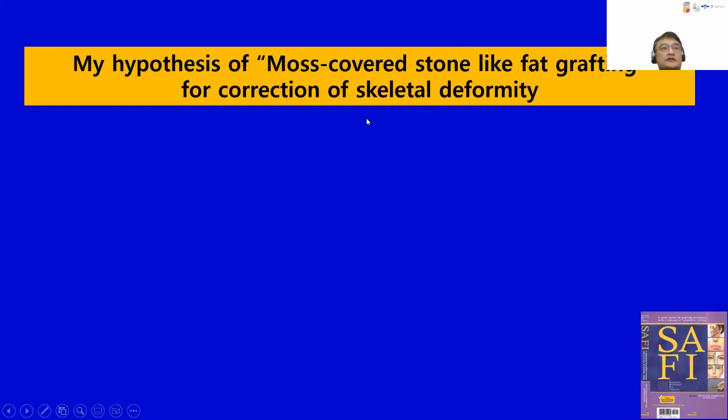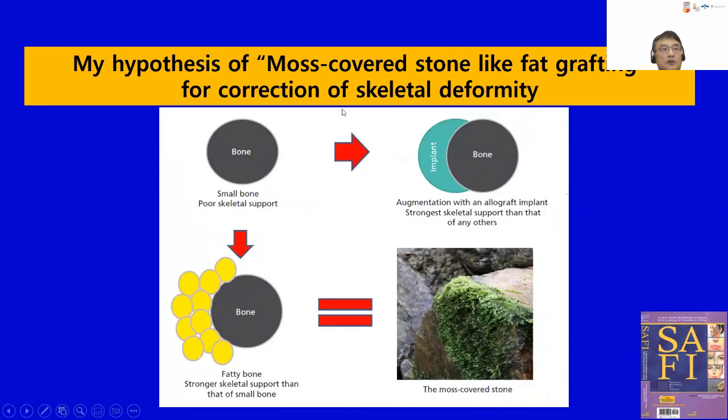Bone contouring surgery or implantation is the best way to modify the bone shape of the facial contour. However, even though the grafted fat is not as strong as the bone or implant, it is expected to improve the bearing capacity of the soft tissue if the fat grafting is made on the periosteum. The size of the bone gets bigger as the fat is grafted by attaching fat to the bone. The soft tissue foundation will be increased, and although the weight and volume is increased by fat grafting, sagging with unnatural contour will be prevented.